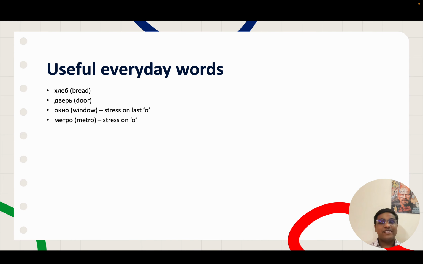We next have metro. In this word also we have two vowels, ye and o, and only the last o is stressed. The ye is not stressed, so we do not read it as mietro. We read it as metro. The ye is just not stressed enough. It's metro, metro. We next have rabota,